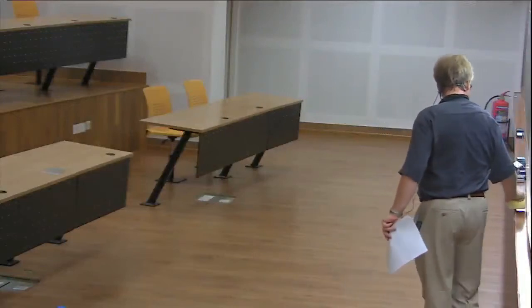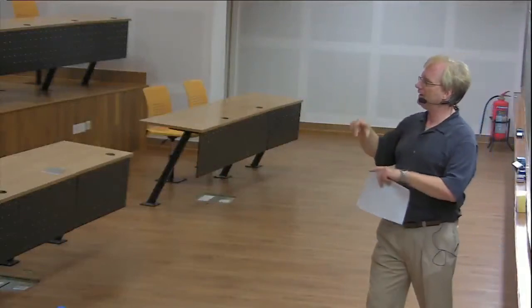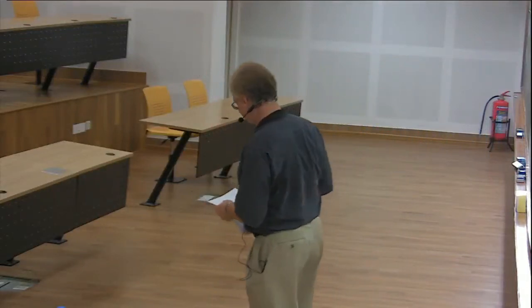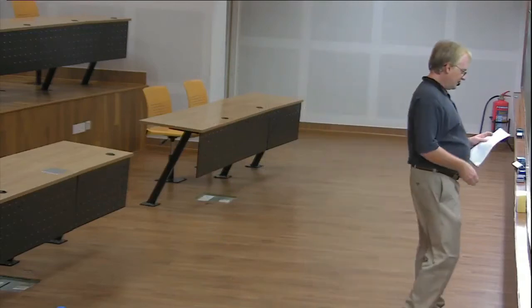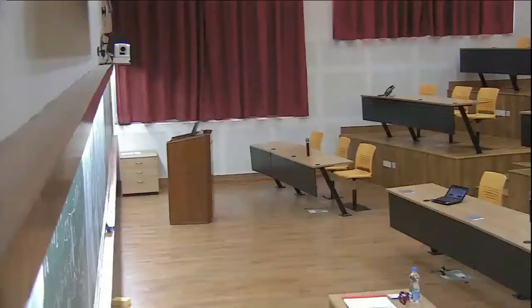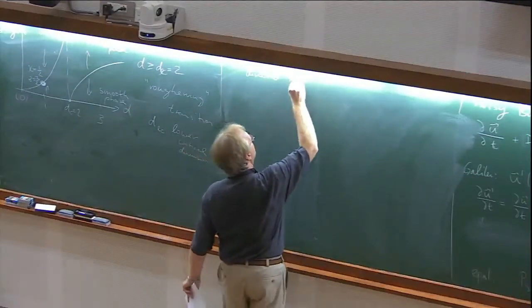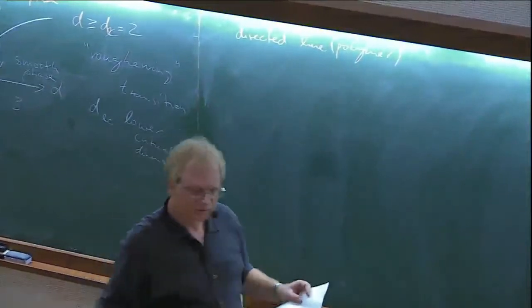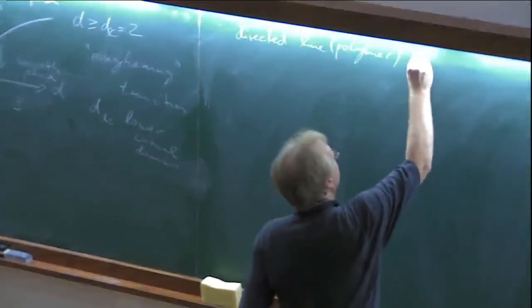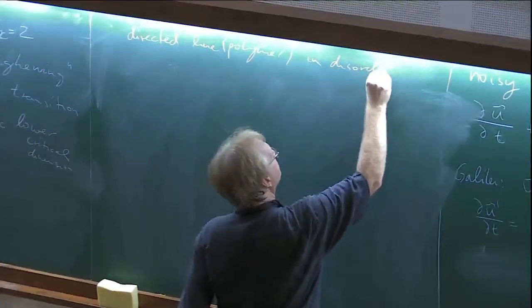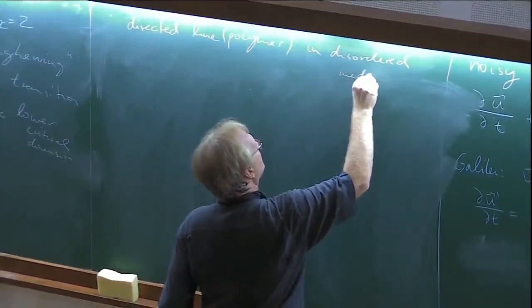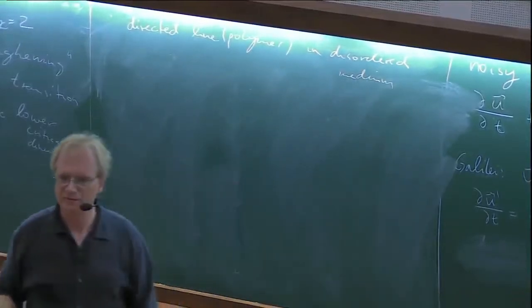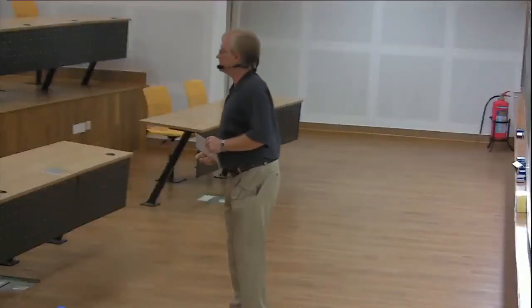Of course, that's the beauty sometimes of theoretical physics, when you're able to relate very different problems with each other and just steal known results from different fields. So we're going to look at a directed line, think polymer, think maybe flux line in a type 2 superconductor, but a single one, in a disordered medium. Disordered medium means I have some random potential, which is sometimes attractive, sometimes repulsive to this line, with mean 0